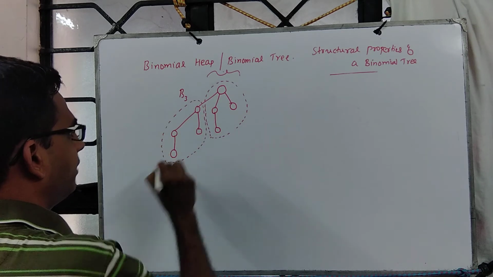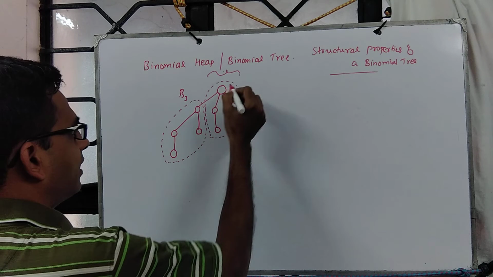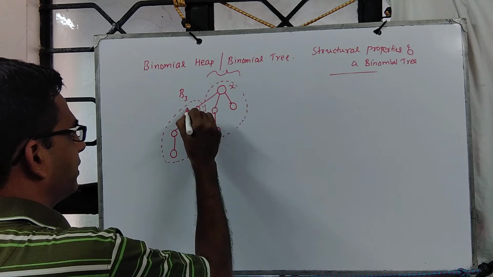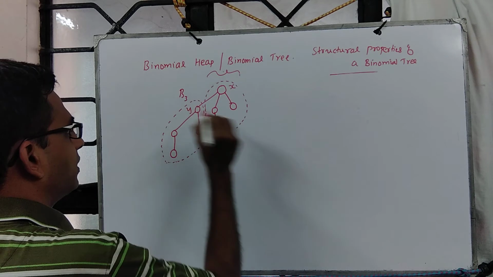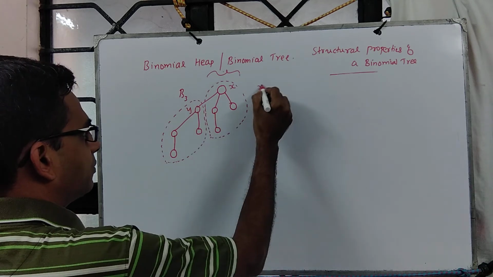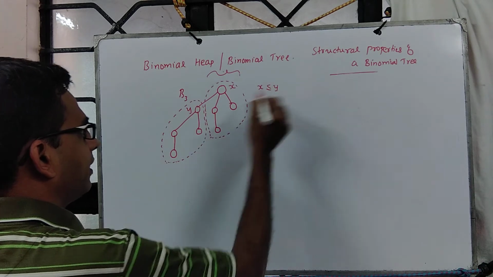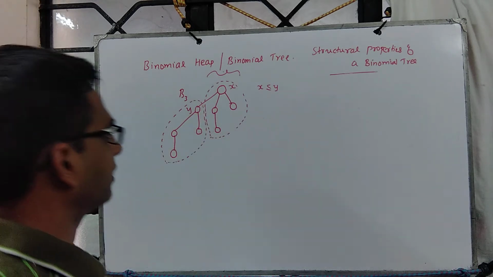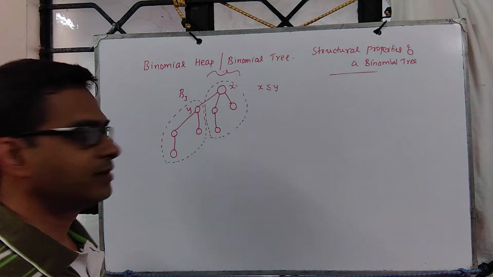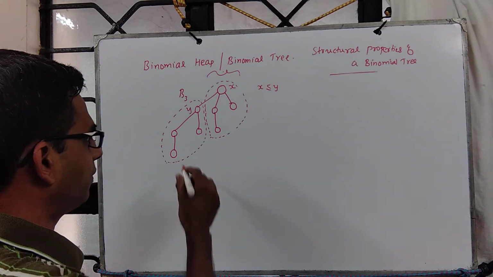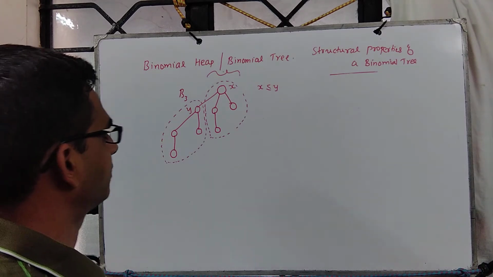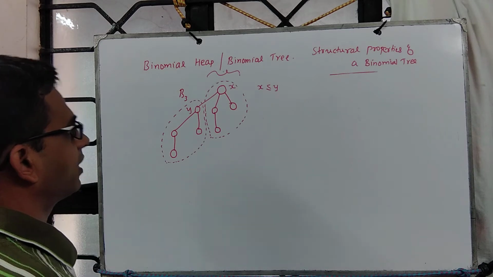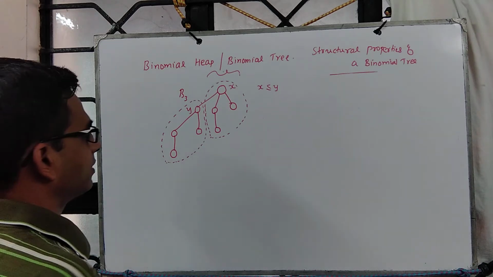And if it is a min binomial tree, we look at the root of the first binomial tree, say x, and the other one is y. If it turns out that x is less than or equal to y, make x as the parent and y as its child tree. Correct? This is really what we followed as part of our construction. There are a couple more interesting observations one can make by looking at the structure.